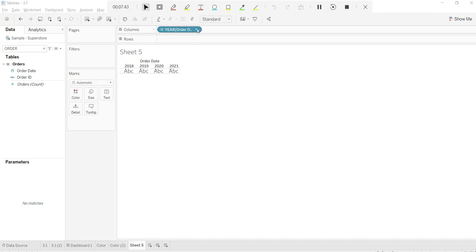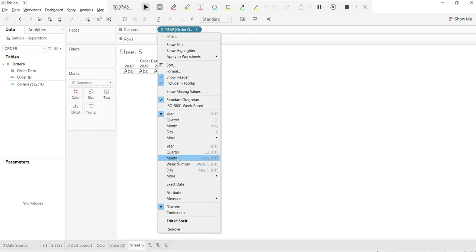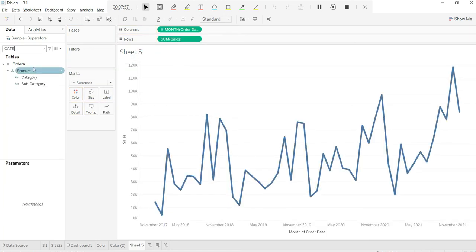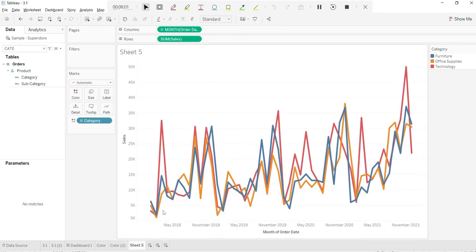So this is the year, and I'll turn my date to say month. It's a continuous month. Okay, there is no blockage in between, continuous month, and we are talking about sales. So let us try to compare the different categories over there. But how can we compare? Like, this is a one-time comparison, but we want to get that effect of animation so that it'll start from there again and it'll move in the forward direction. So that effect is not there for now.